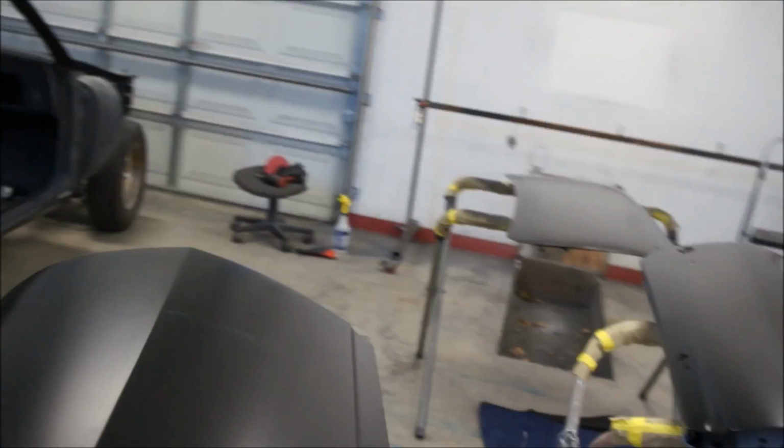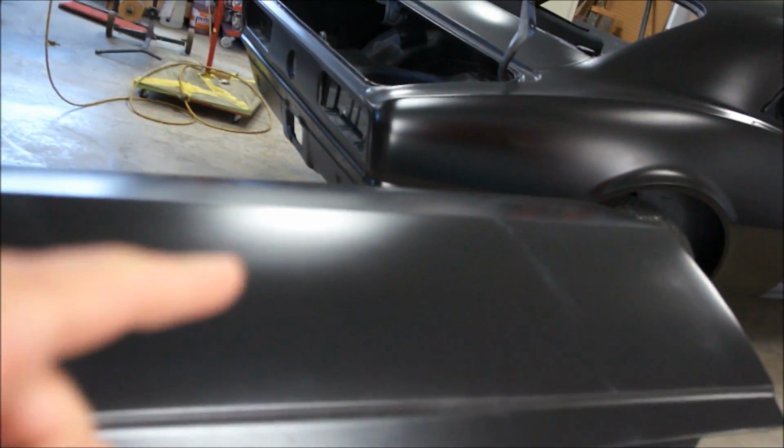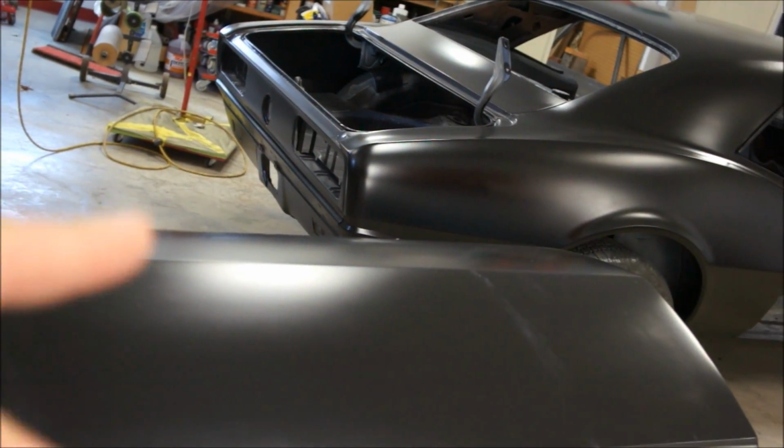Hey guys, I wanted to let you know, I flipped this over. I was showing you guys the other day. Flip this over and this is padded and this is just regular masking paper. But be careful with this epoxy because you can see there, just flipping it over,